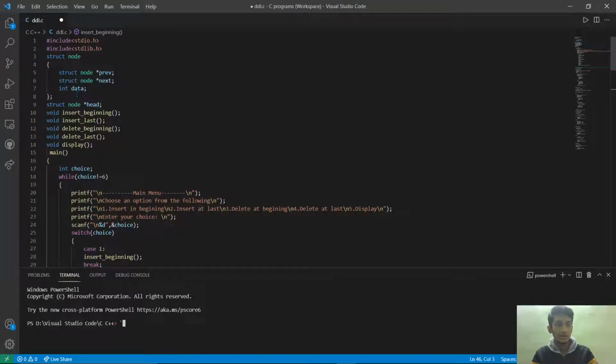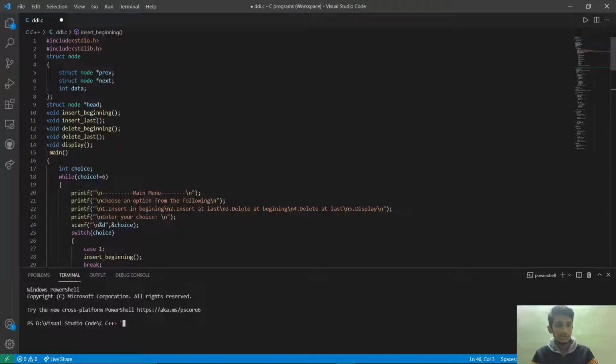Int data is to hold the value inside it, and node head is used here to specify the first main node in the list.